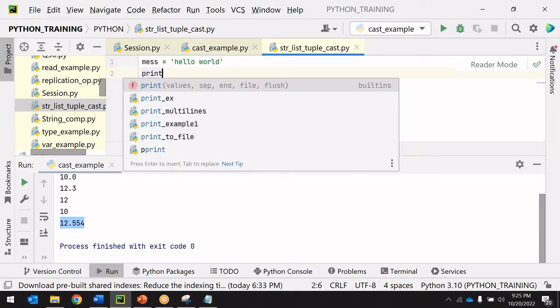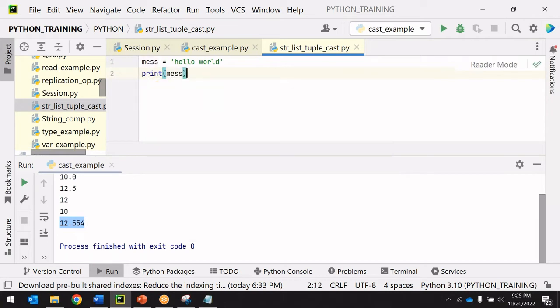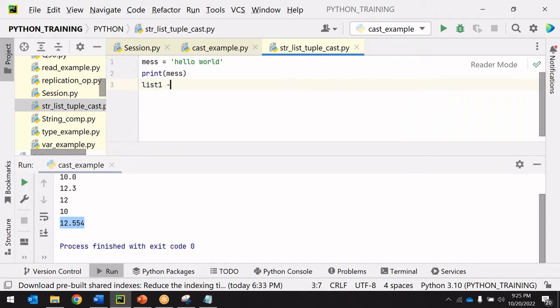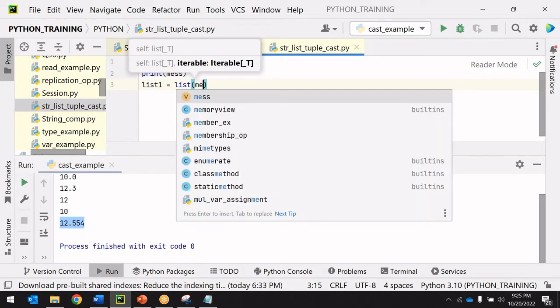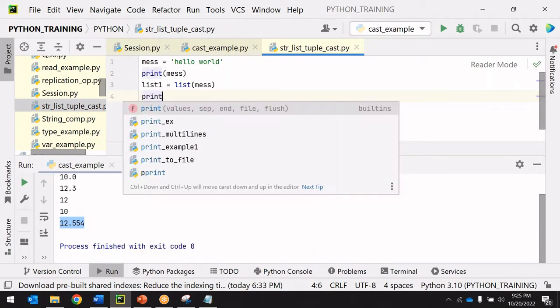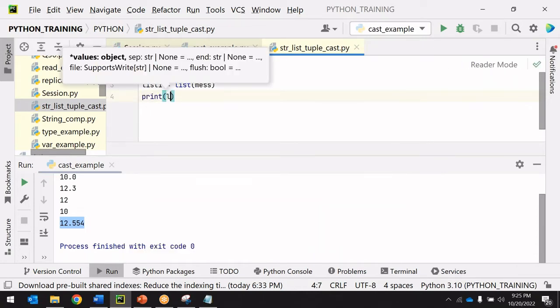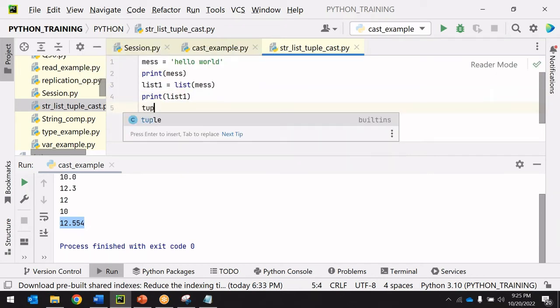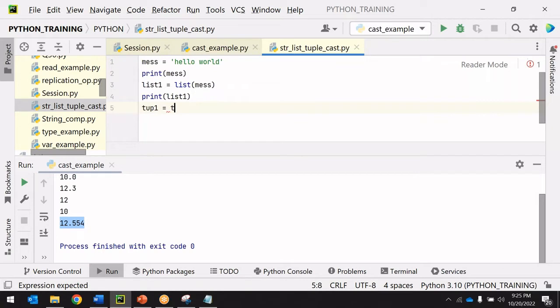Now I'm giving print message. Here I'm giving list1 equals, the casting here is a little different. We need to call it as list. Now in list, I can specify message, and I'm just going to print list1. Let us see what is going to happen here. Let's say tuple1 equals tuple of